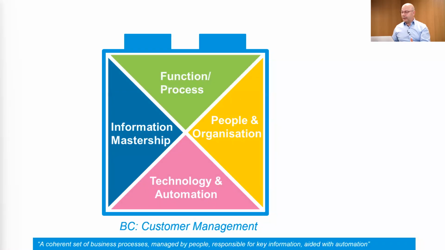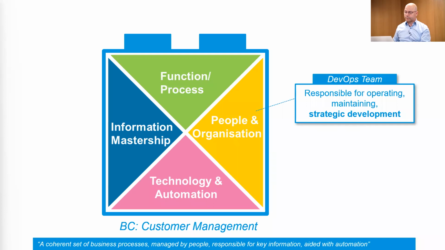So if such a business capability should be supported solidly, let's take the theoretical approach here. Then we need a multidisciplinary team that supports this business capability. People who can manage the process, execute the process, people who can manage change, and automation, all kinds of different roles in your team or in your teams that support or execute this business capability.